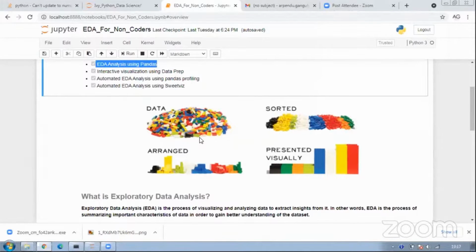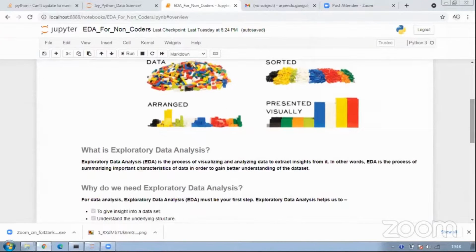And in all of this, obviously there are a lot of things which go back and forth in terms of model building, in terms of data processing and data handling, and subsequently EDA, right? So EDA, as I again said, is like the first step in any kind of data science project. To give you a formal definition, it's a process of visualizing and analyzing data to extract insights from it, right?